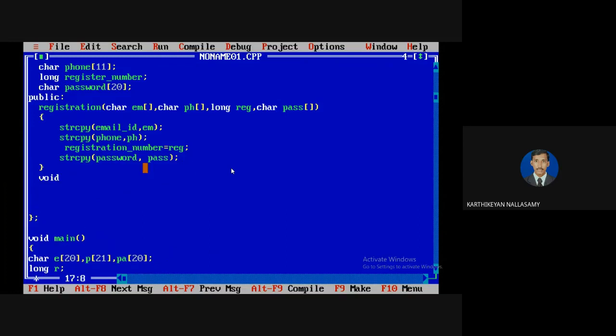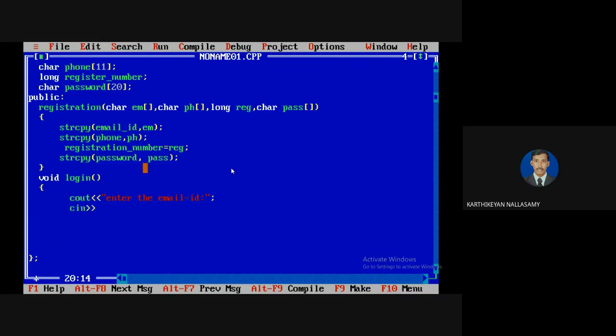Next I'm going to write one function just for display. Otherwise, I'm going to write a login. Once it is successfully registered, I'm going to cout, enter the email ID.